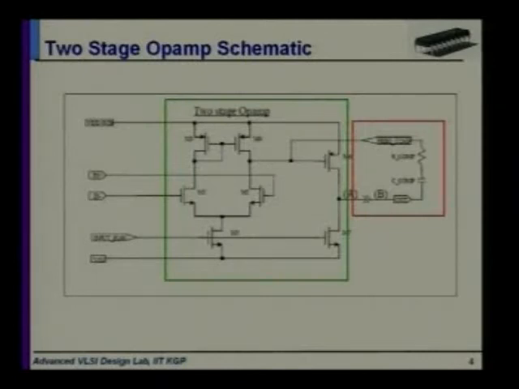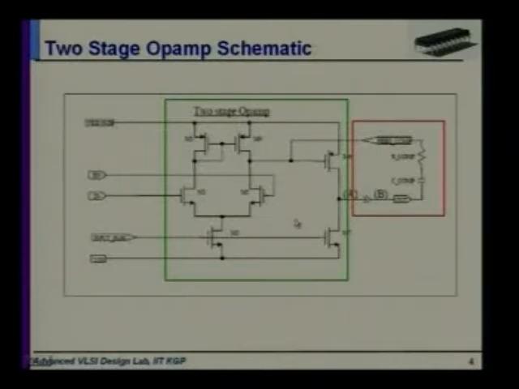This is the basic schematic of a two-stage op amp. You have learnt up to the differential stage, right? So there is the addition of the output stage and a frequency compensation stage. The first stage is the differential amplifier, whose small signal analysis you have learnt. So what will be the gain in the first stage?